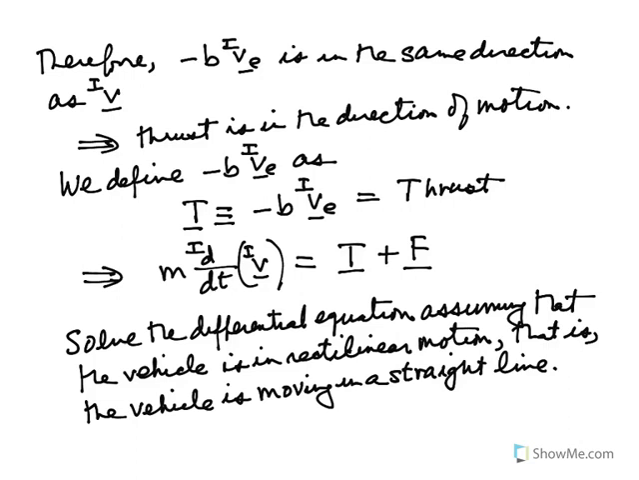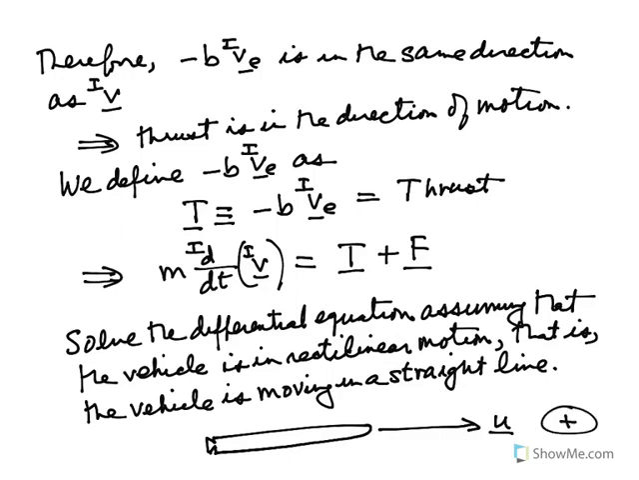So, given that, we can actually draw this picture again. Here we have the vehicle again. And we're going to call this direction u, and that's going to be the positive direction of motion. So now what we can do is we can say, given rectilinear motion,